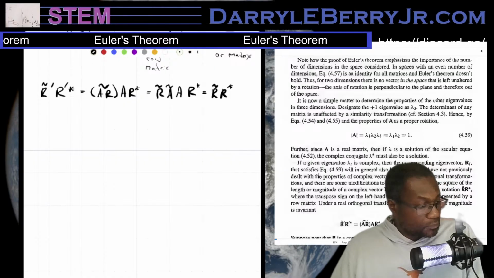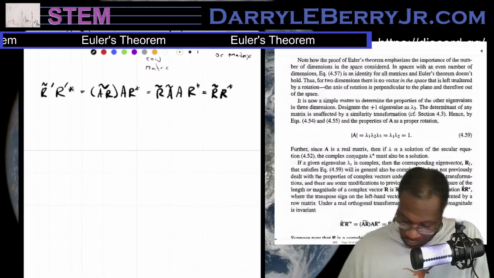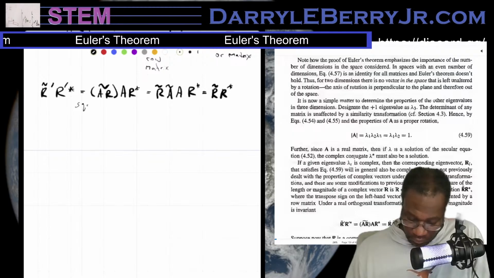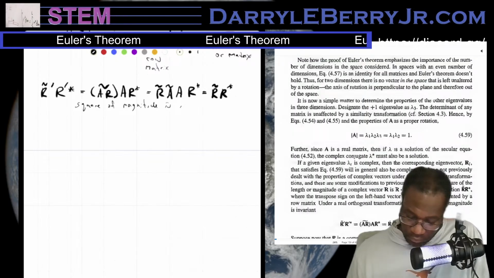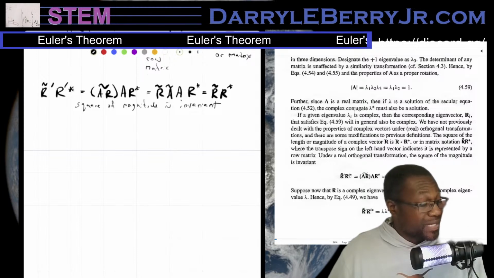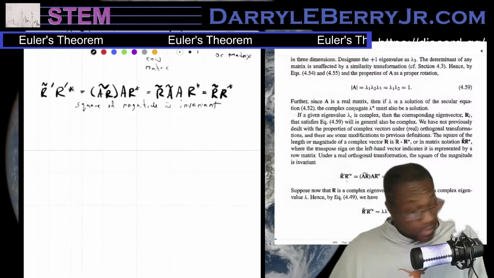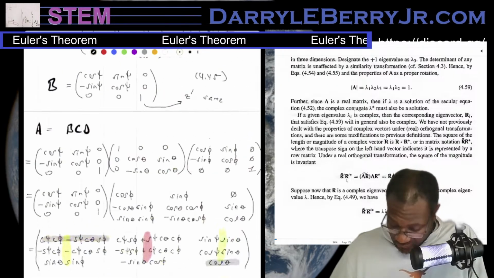The square of the magnitude is invariant. Suppose now that R is a complex eigenvector corresponding to a complex eigenvalue lambda. Hence, by equation 4.49, we have